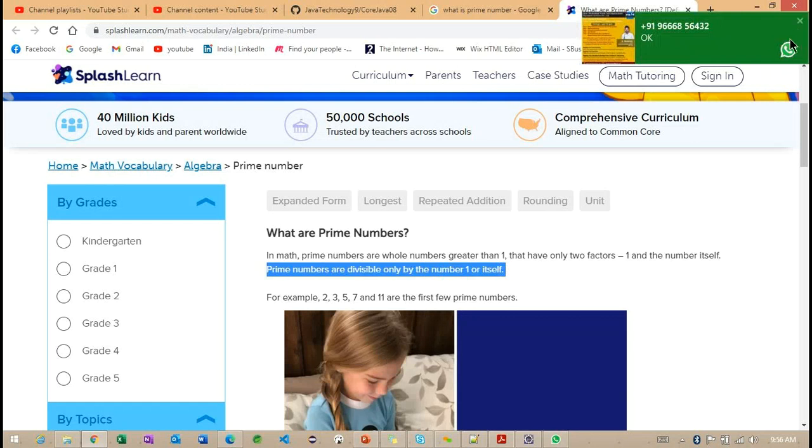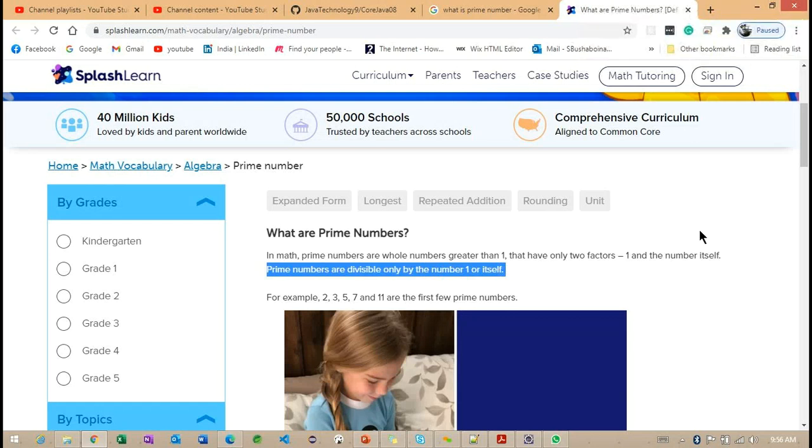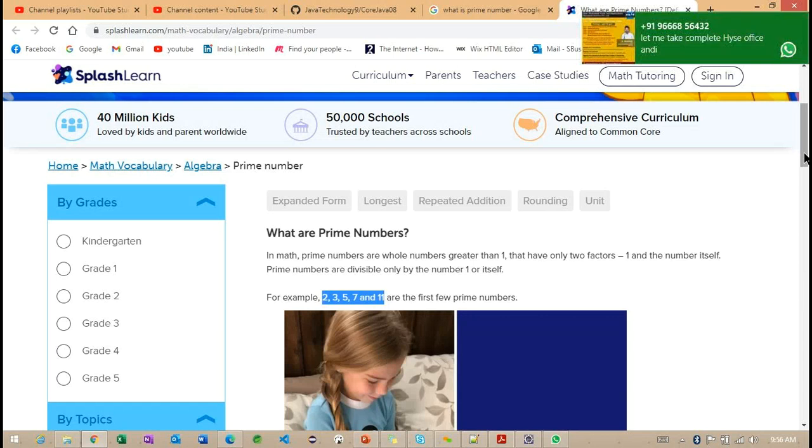Getting the point. The number is divisible by itself or by 1. For example, you can see here 2, 3, 5, 7 and 11 are the first few prime numbers.